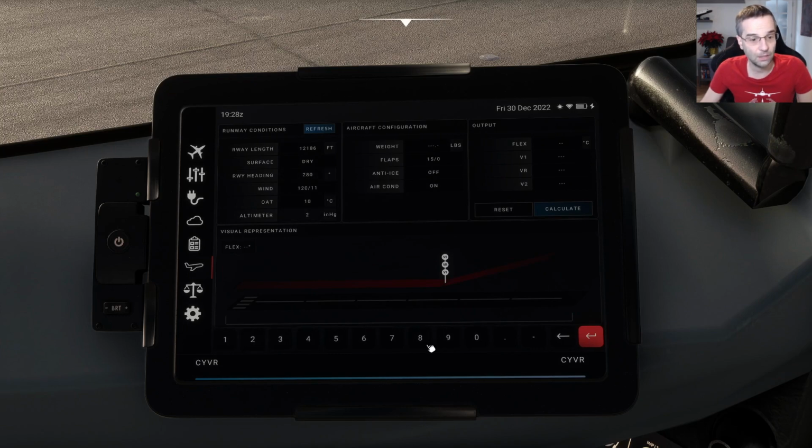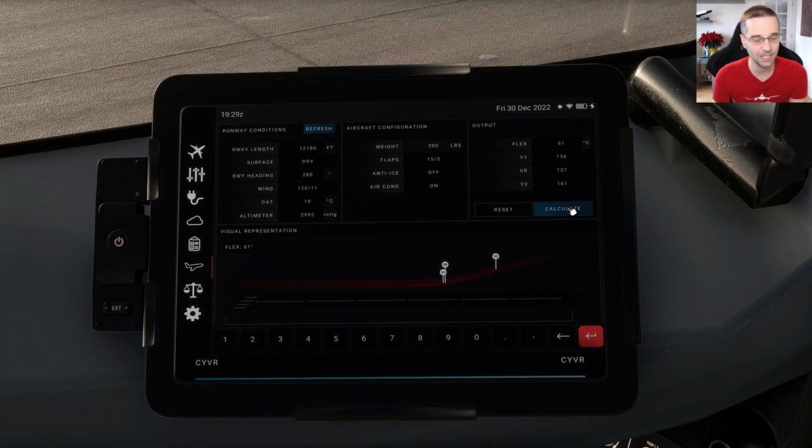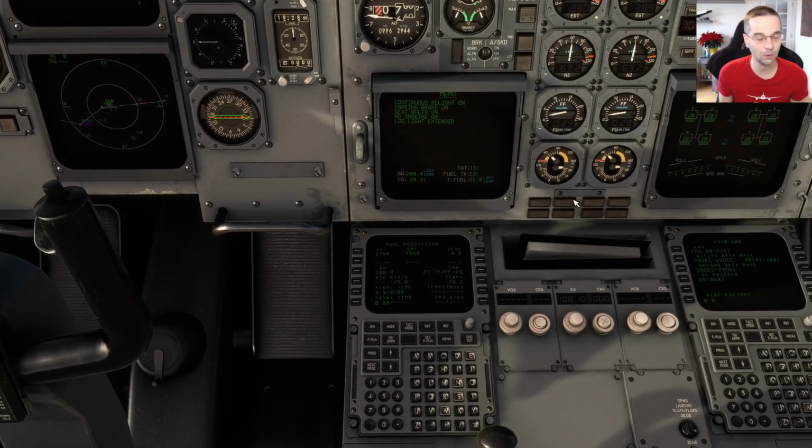For the altimeter, I'm just going to enter 29.92 because I'm just using the default weather today for this test flight. And in terms of weight, I'm using the gross weight number that you can find on the weight and balance page, which is about 200,000 pounds, so I'll enter 200 here. That's calculated a V1 of 136 and a VR of 137, so I'm going to go back to the box